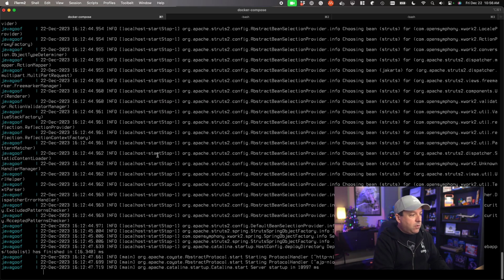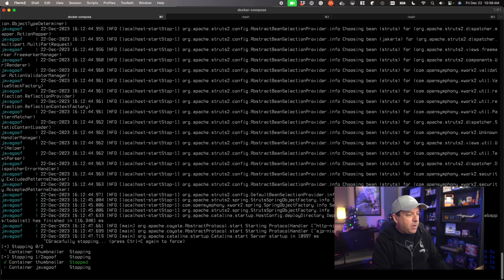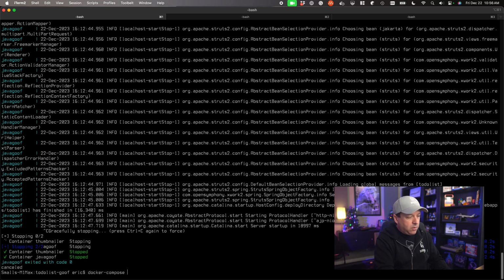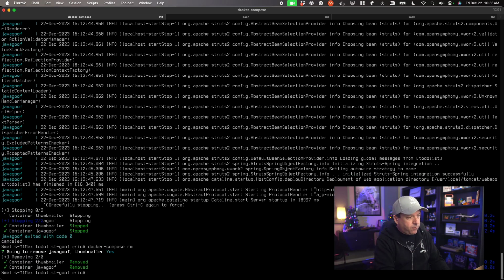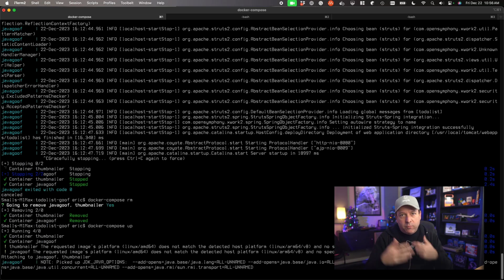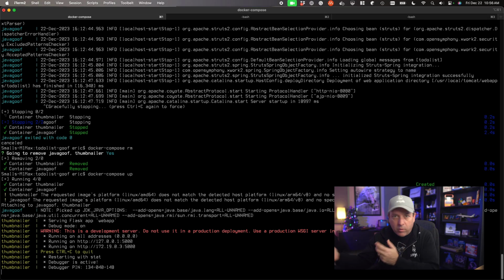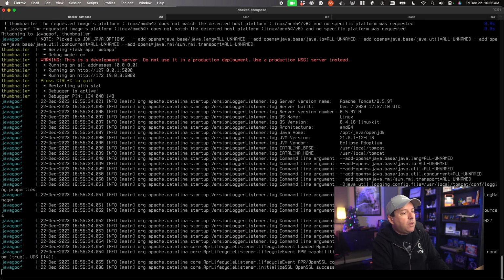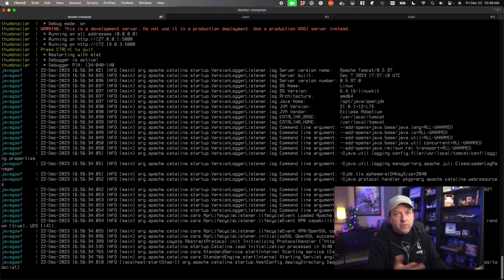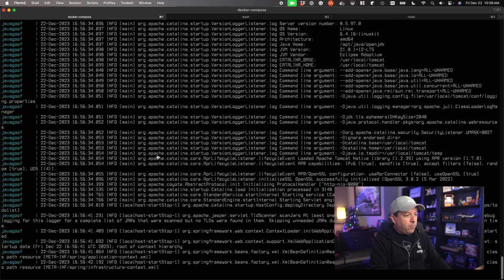So let's stop my Docker Compose. Imagine this was happening in production servers. We've checked in our fix, Argo or whatever has pushed a new version out, and let's restart this. And let's just see now, if I had been working on this bug and found this problem and updated, what would it look like from the front end?